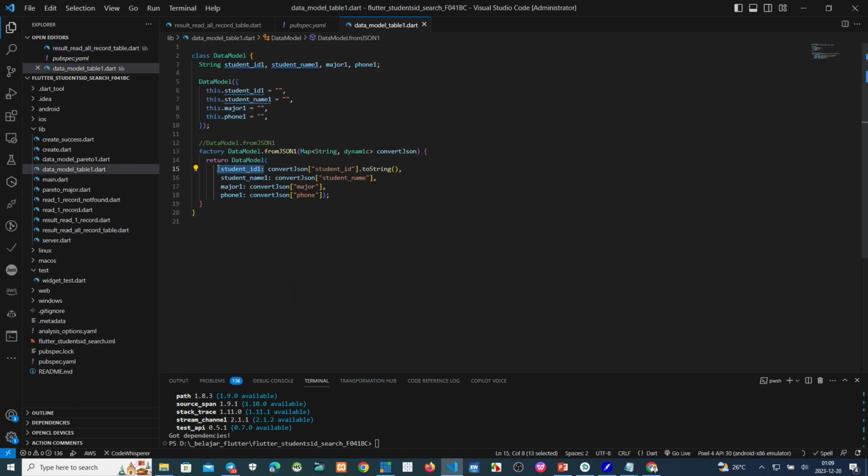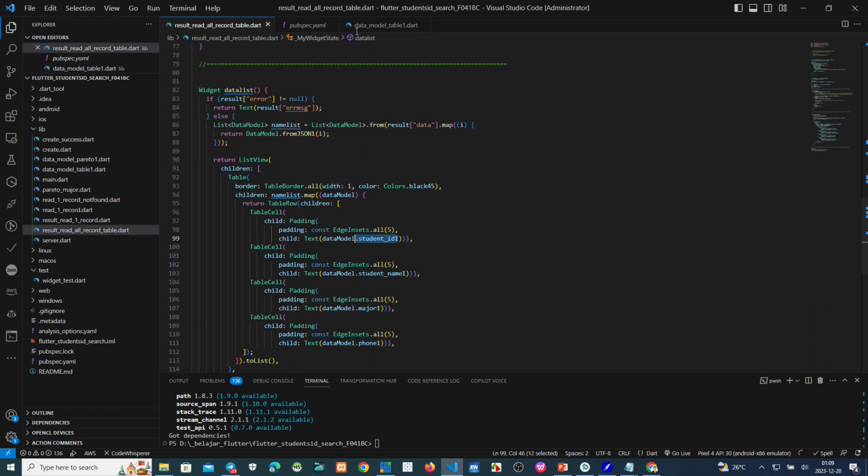This one, student ID 1, and then student name 1, and so on. We use the converter data model to show this result on the Flutter table.